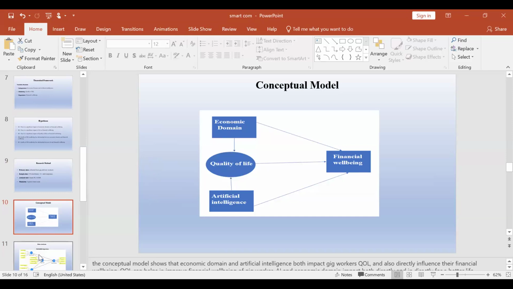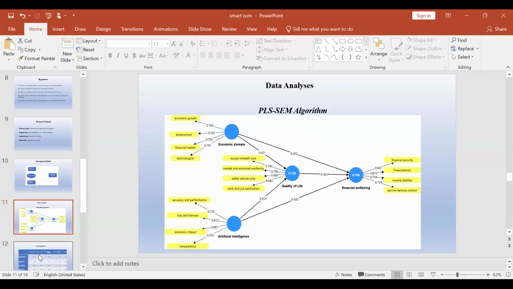My conceptual model shows that the economic domain and AI impact financial well-being and can help in improving financial well-being. Quality of life can help in improving the financial well-being of gig workers. This is my data analysis path where results are shown. In the blue boxes are my variables, and in the yellow boxes are my items, on the basis of which I have created my questions and distributed them to the